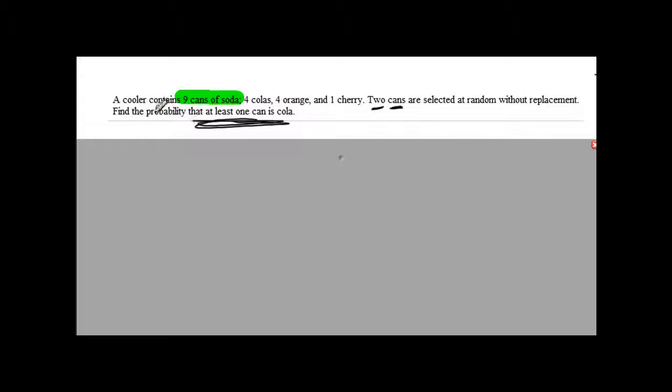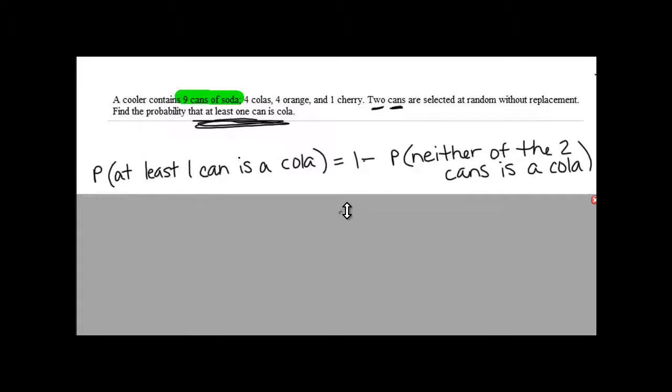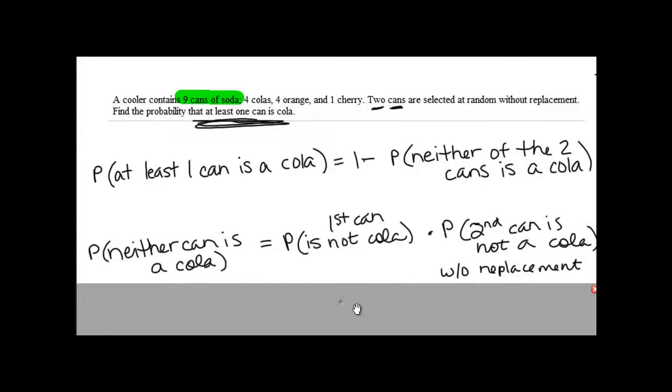So to determine the probability that at least one event occurs, we use a formula that says we can take 1 minus the probability that the event does not occur. So in this context, the probability that at least 1 can is a cola is equal to 1 minus the probability that neither of the 2 cans is a cola. Okay. So the probability that neither can is a cola, we're going to focus on that first, and then we'll